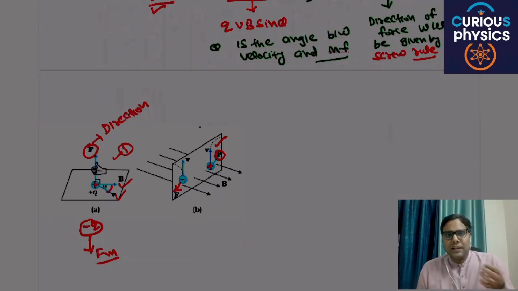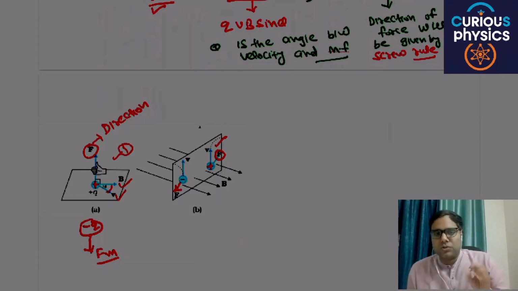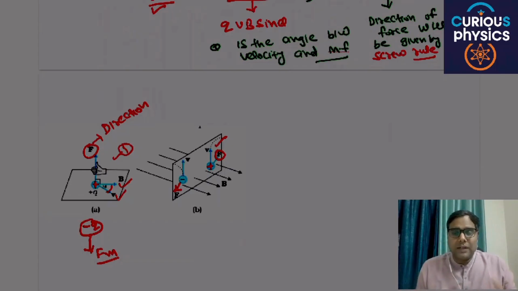What we have studied till now: a magnetic field is produced by moving charges, and a moving charge placed in a magnetic field experiences a force due to this field. If the charge has no speed or velocity, it will not experience any magnetic force. It only experiences the force of electrostatics. Are you able to understand my point?